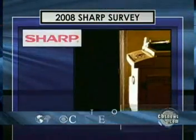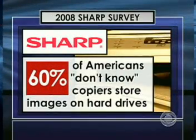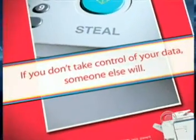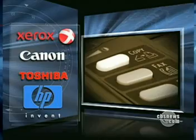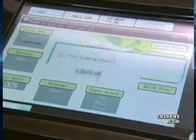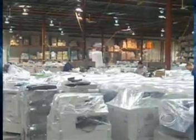In 2008, Sharp commissioned a survey on copier security that found 60% of Americans don't know that copiers store images on a hard drive. Sharp tried to warn consumers about the threat, but it's falling on deaf ears, or people don't feel it's that important, or we'll take care of it later. All the major manufacturers told us they offer security or encryption packages on their products. McLaughlin showed us this one from Sharp that automatically erases an image from the hard drive. How much does that component, that option, cost on a machine like this? $500. But evidence keeps piling up in warehouses that many businesses are unwilling to pay for such protection, and that